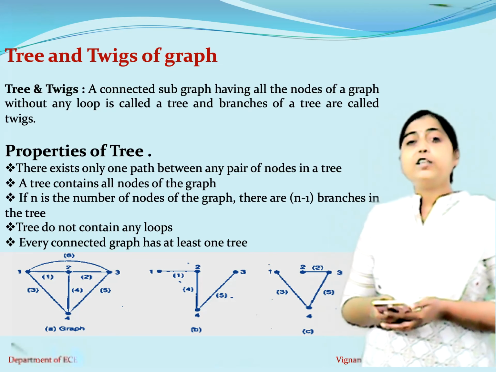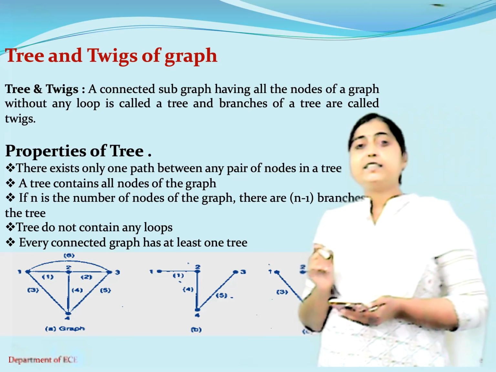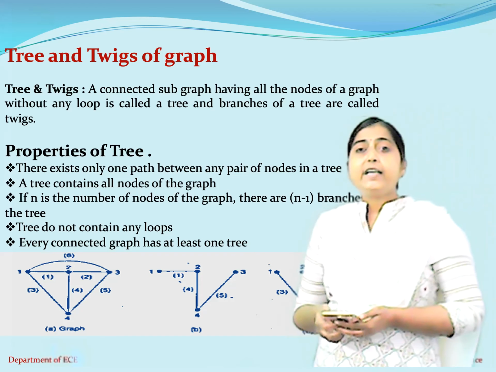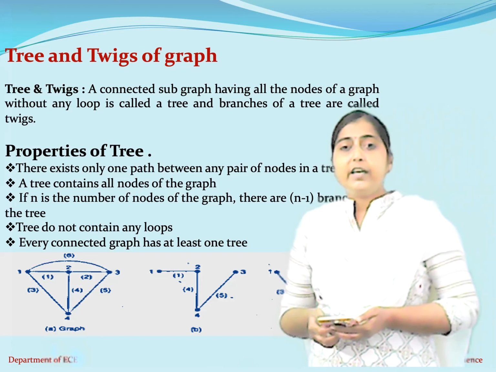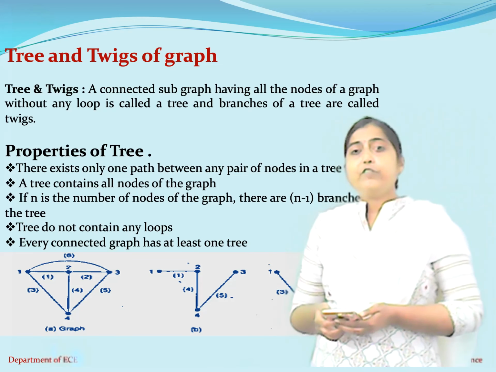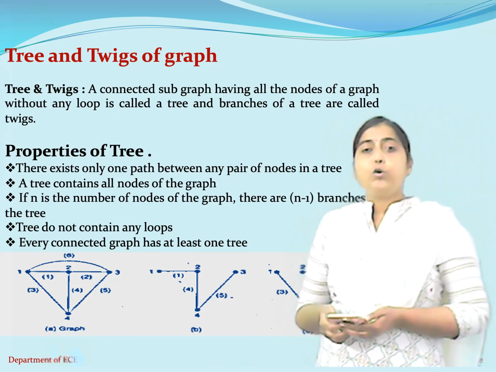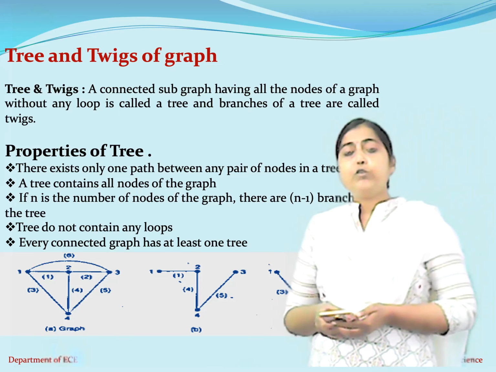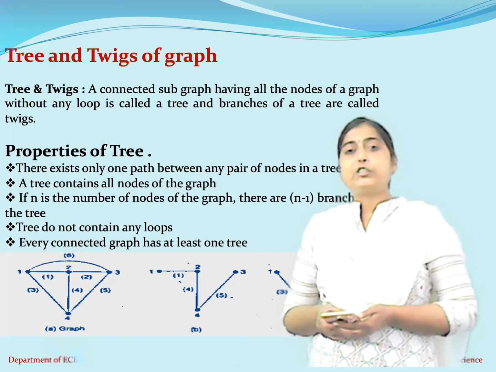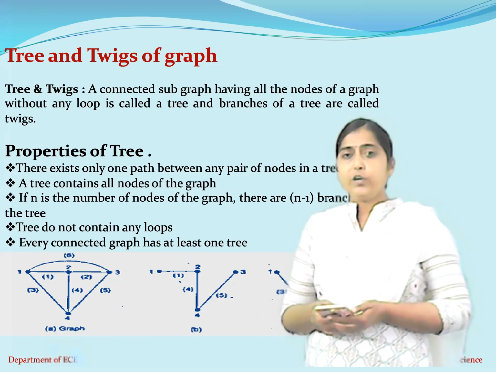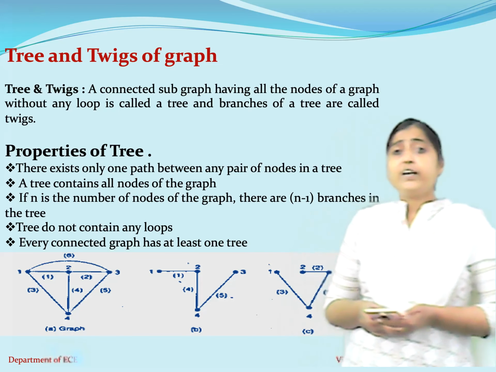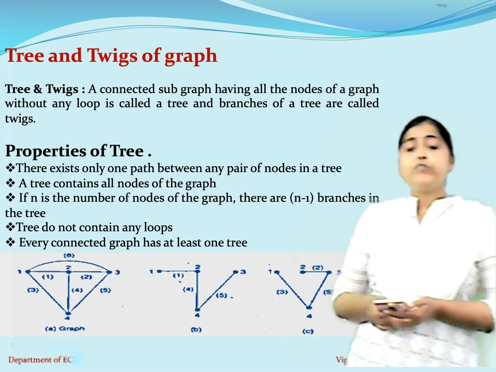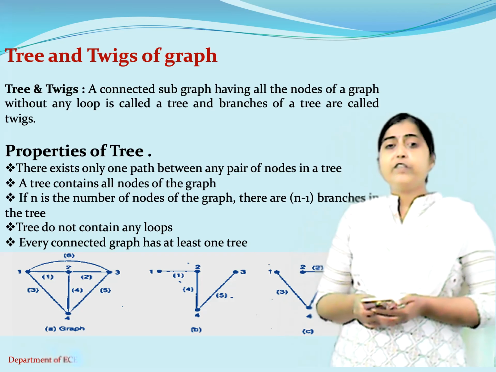What is a tree? Please remember that a tree is a connected subgraph, where in a given network graph you are making a closed loop into an open loop by removing any one of the branches associated with that loop. Now, in every loop we have removed one branch. So we got one tree.